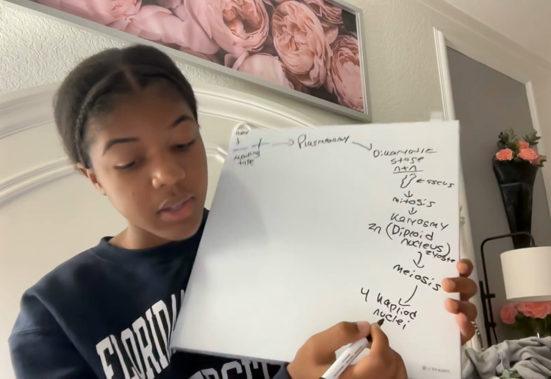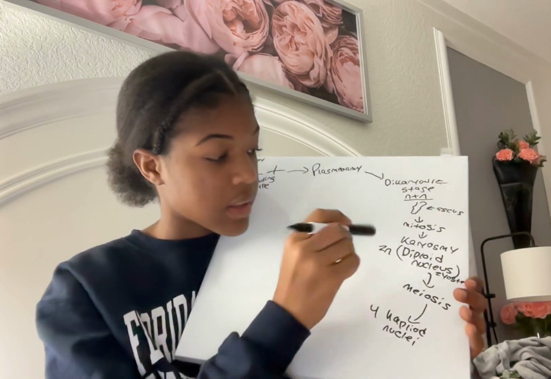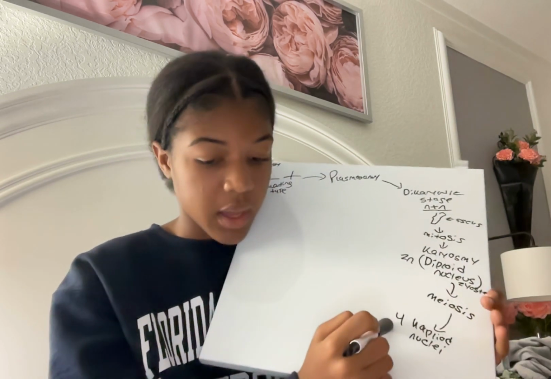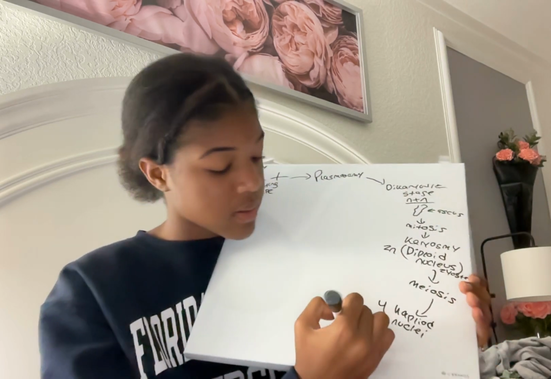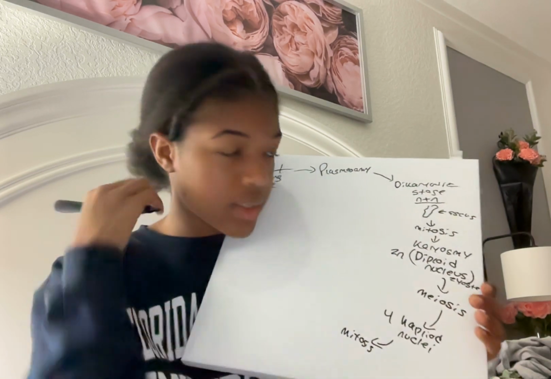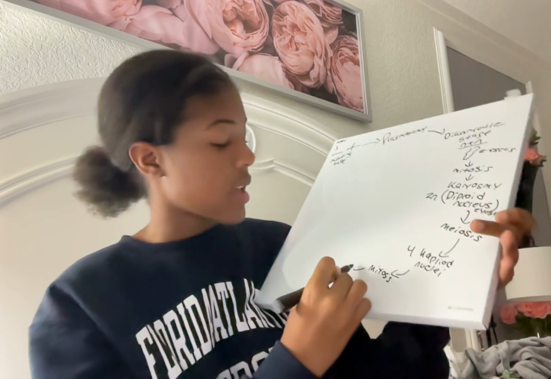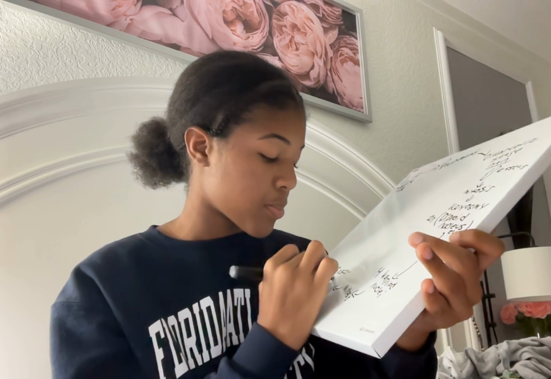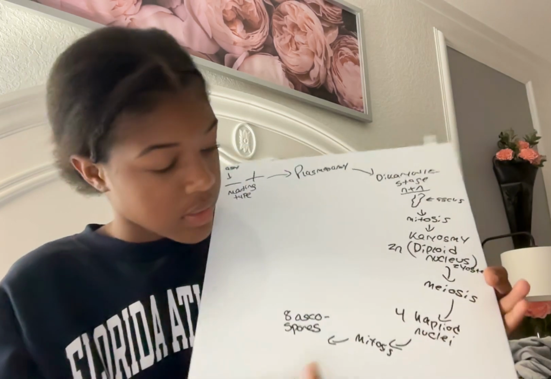Each diploid nucleus divides by meiosis, so from karyogamy it becomes 4 haploid nuclei. Then it goes through mitosis to produce the 8 ascospores. Each haploid nucleus divides once by mitosis,